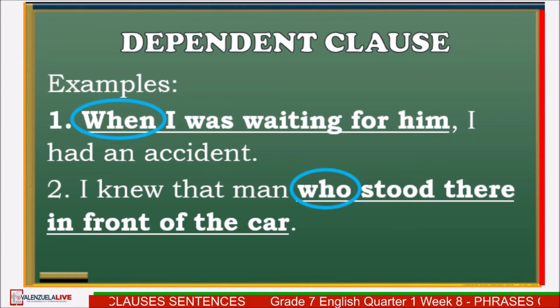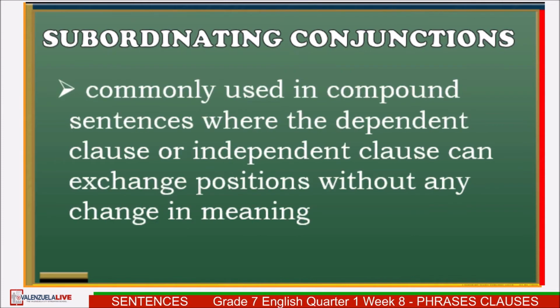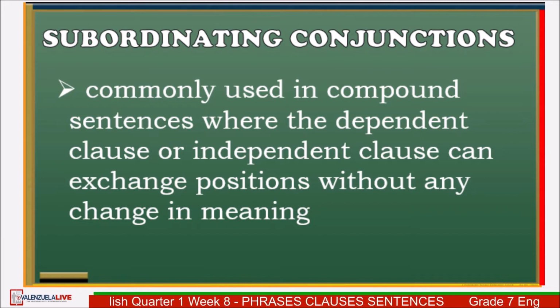Subordinating conjunctions, just like when and who in the examples, are used in addition for dependent clause and independent clause to connect them in exchange position without any change in meaning. Examples of subordinating conjunctions that you can use are